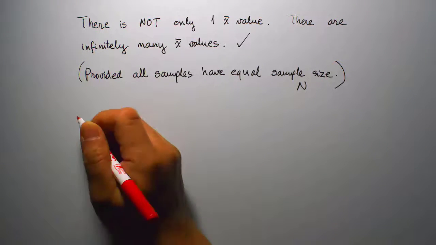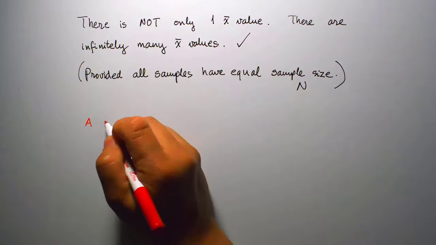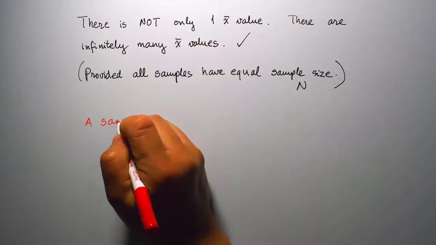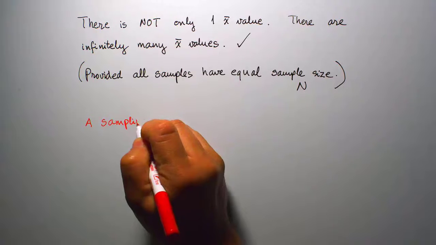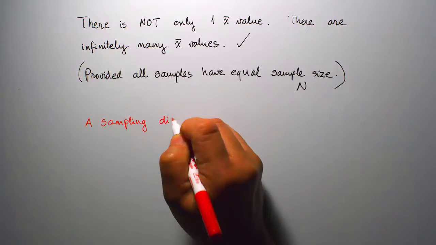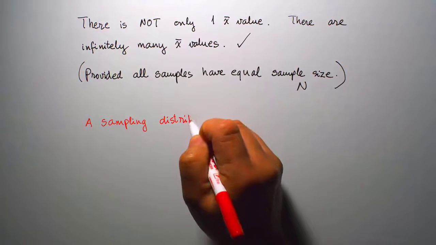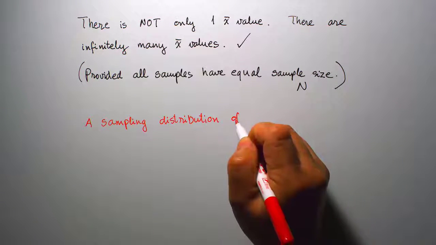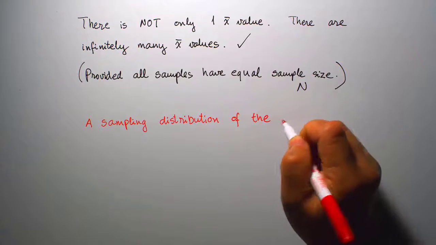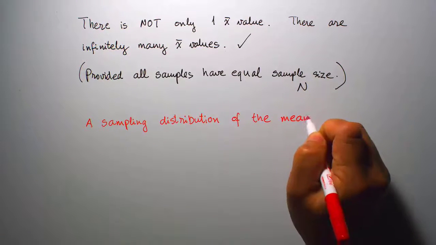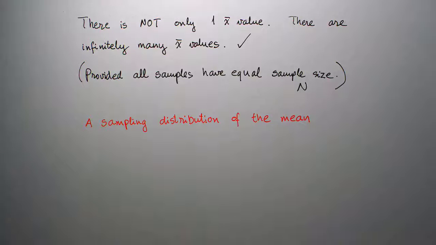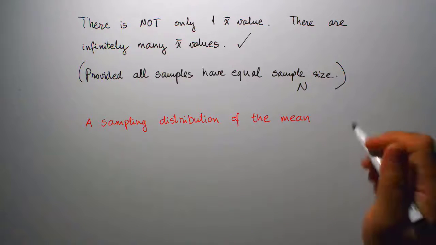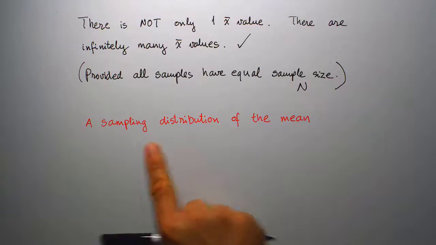So a sampling distribution of the mean. And that's one special terminology, so allow me to write it in red once again. And so a sampling distribution of the mean